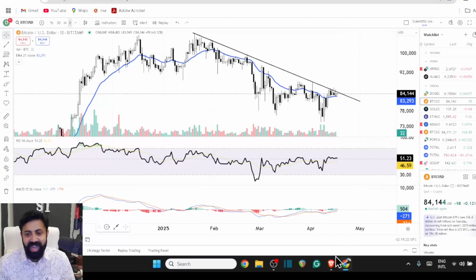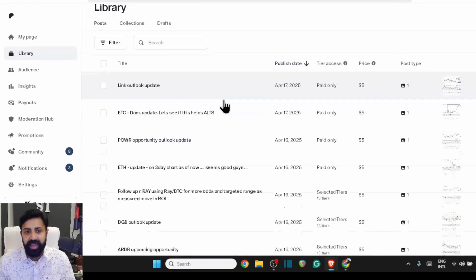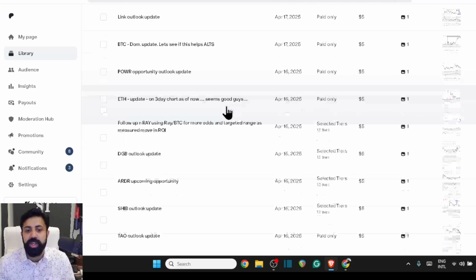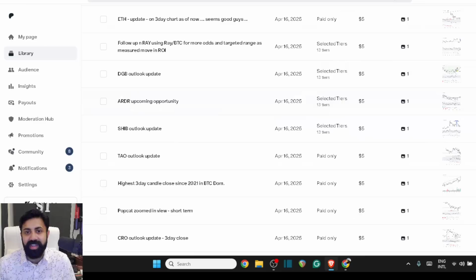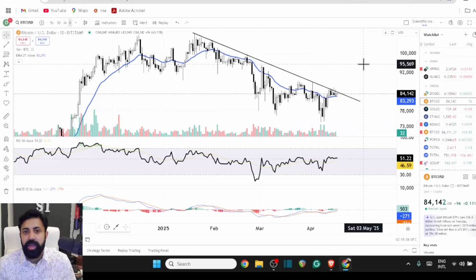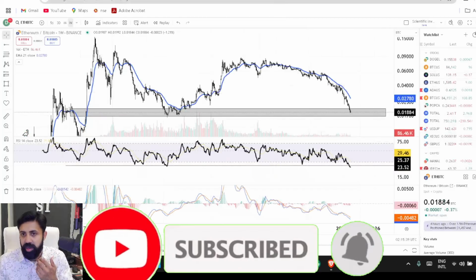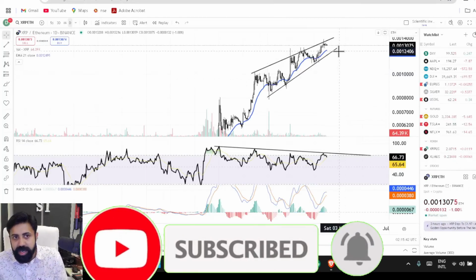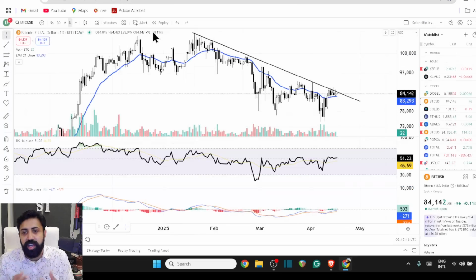And for that, be a part of this family where you get each and every asset you need to look at in that market at that time. That's critical. Now, let's go into these individual assets and have a comparison, Ether to Bitcoin or XRP to Ether, and understand what the market is trying to convey to us.